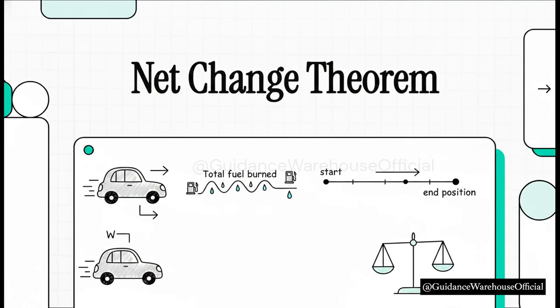Imagine you're driving a car due north at 40 miles per hour for 2 straight hours. Then you suddenly turn around and head south at 30 miles per hour for another hour. If I asked you to calculate exactly where you ended up compared to your starting point, how would you do it? And maybe more importantly, how is that number completely different from calculating how much total gas you actually burned